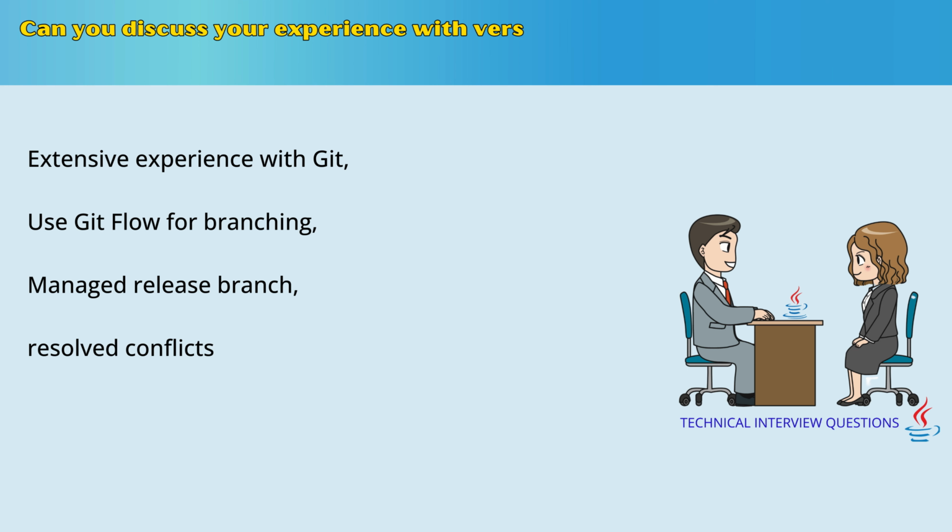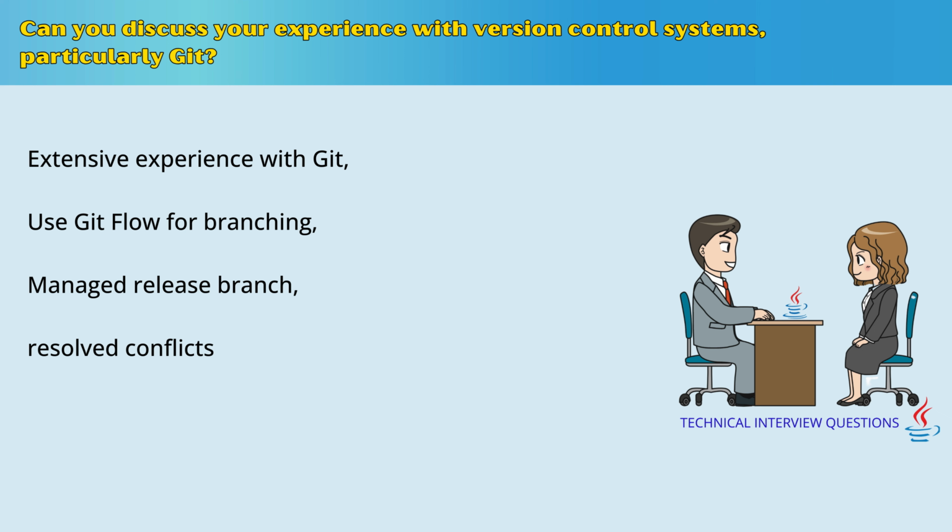Can you discuss your experience with version control systems, particularly Git? I have extensive experience with Git as a version control system, and I've been using it since the beginning of my career. Git is a powerful tool that helps in tracking changes to the codebase, collaborating with other developers, and managing different versions of a project. I'm comfortable with all the basic Git operations like cloning repositories, creating branches, committing changes, merging branches, and resolving conflicts. I also use more advanced features like rebasing, cherry-picking commits, and using tags for release management.